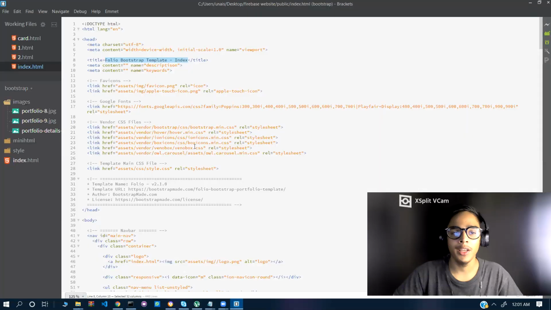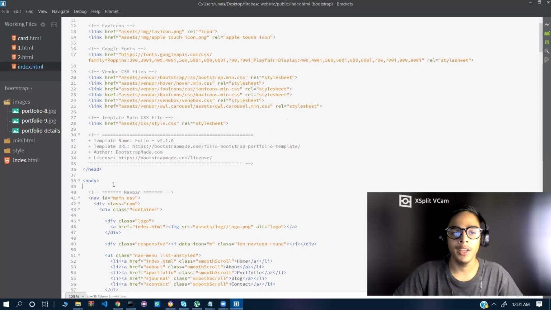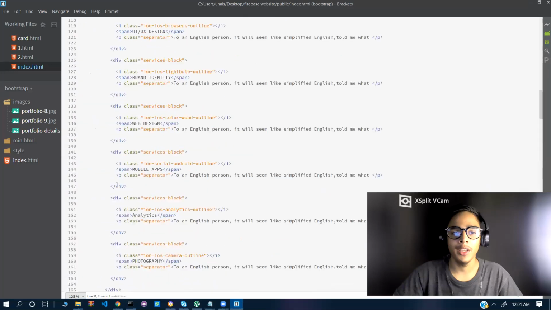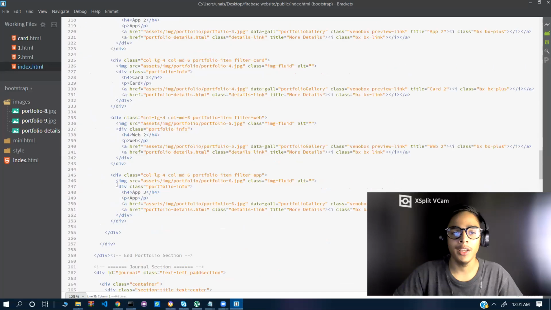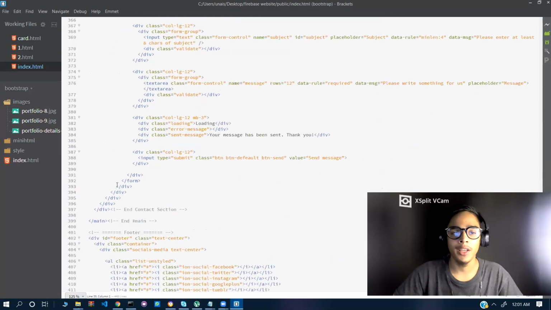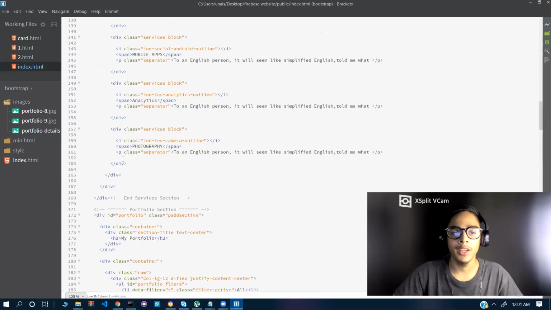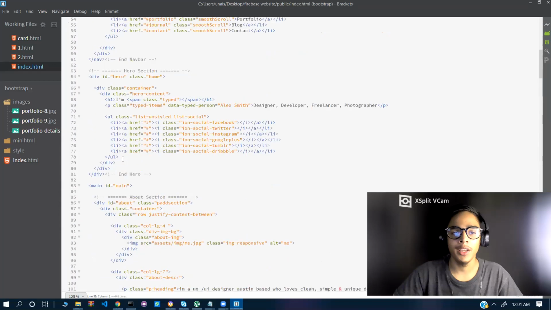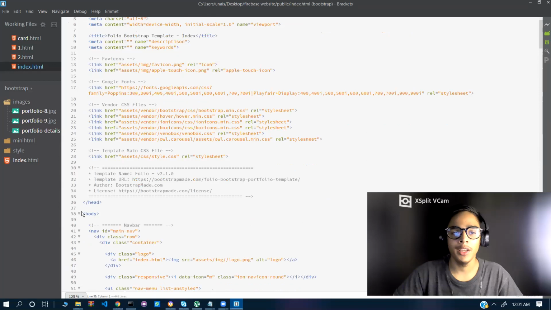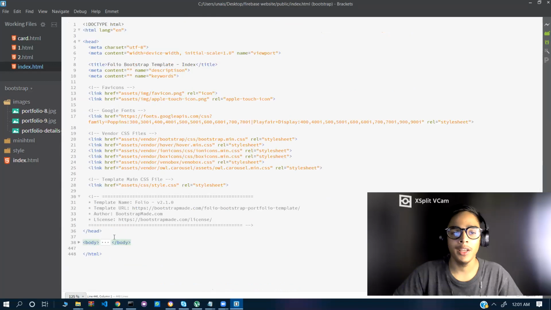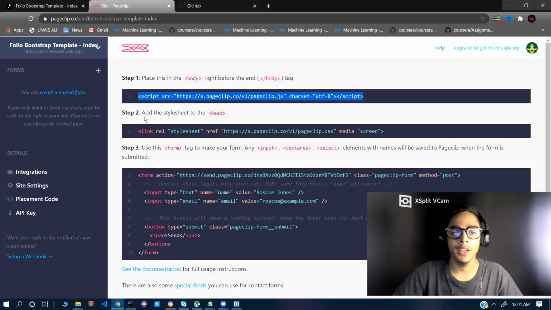This is my index.html and this is my body part. So the ending part of the body, 1 second. This is our body. Let's close this body, so I will get the ending part here. Just press enter and paste it here. Simple. So this is my first step I have cleared. Now let's move to the second step.